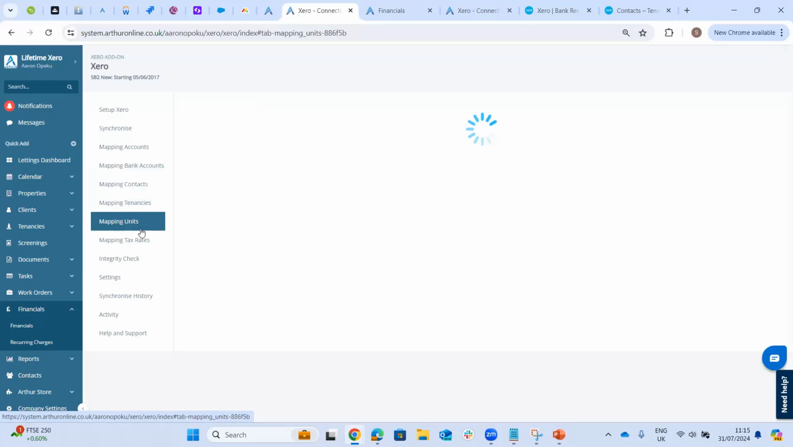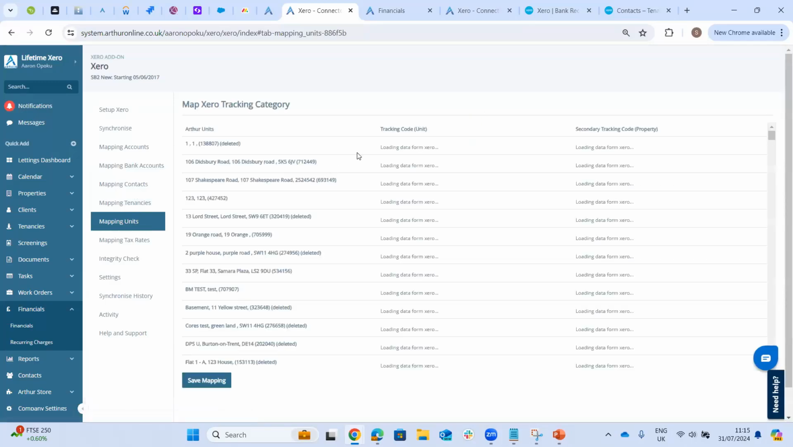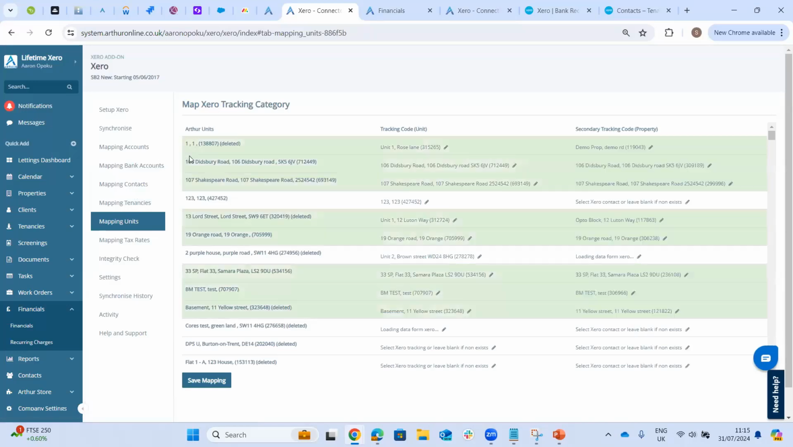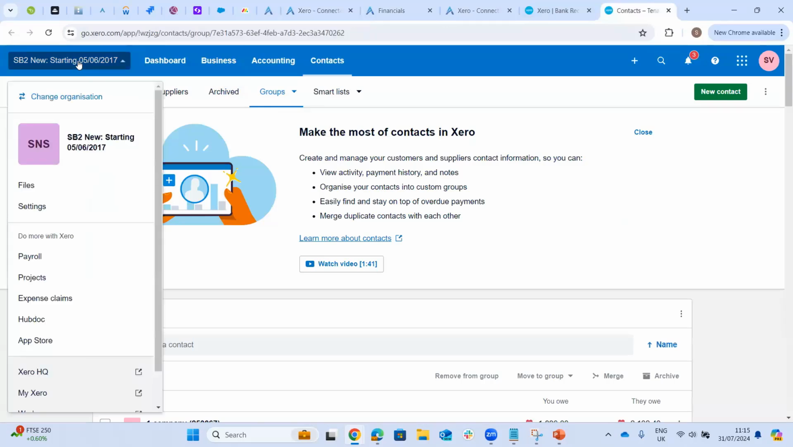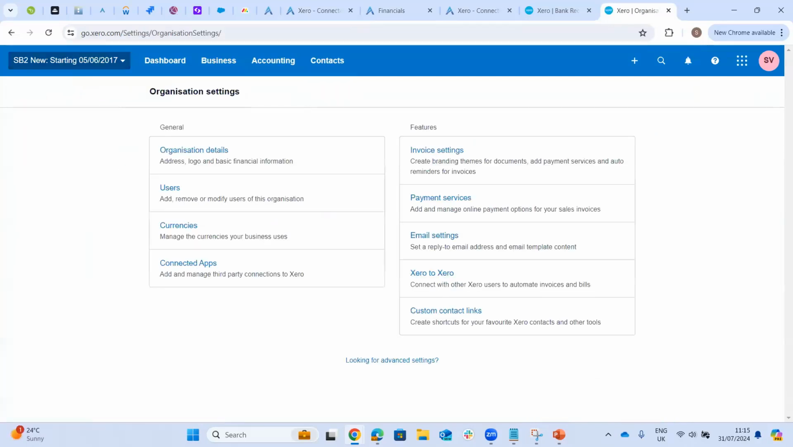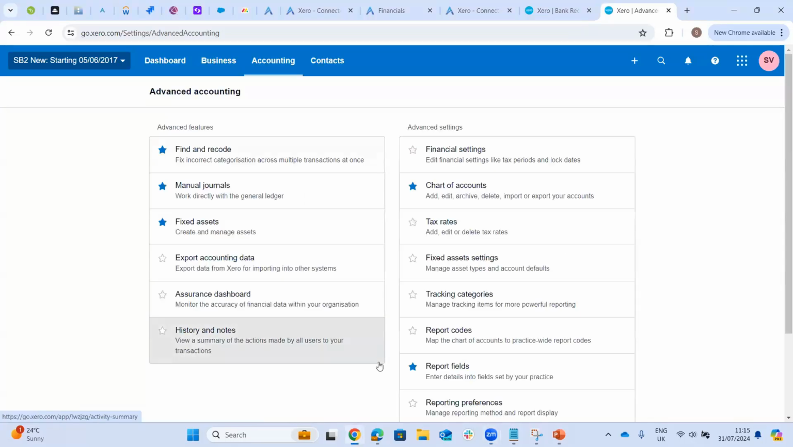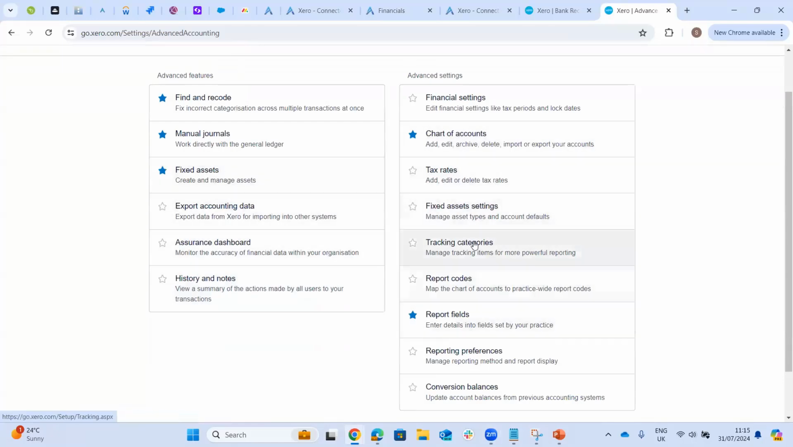Your mapping unit screen shows what properties and units on Arthur are linked to your tracking categories on Xero. On Xero, we have something called tracking categories. You can find that in your settings section here. If you click on your entity name on Xero, go to settings, then advanced settings, and then tracking categories there,